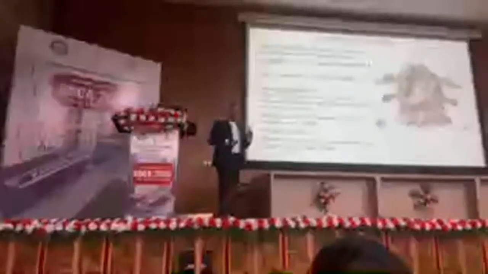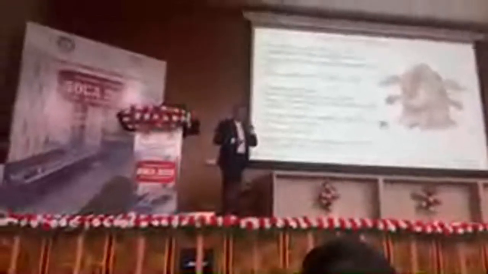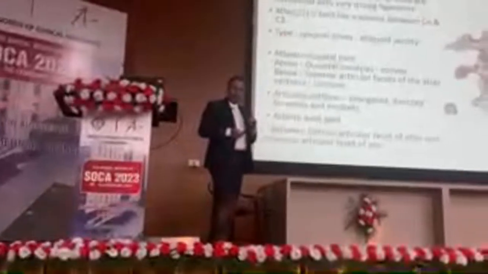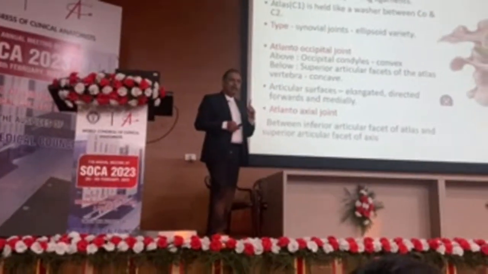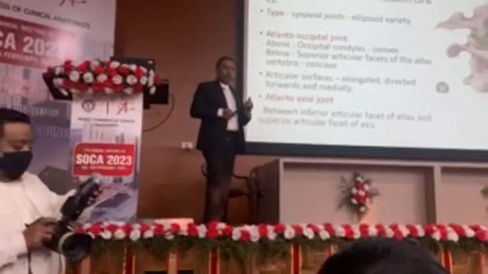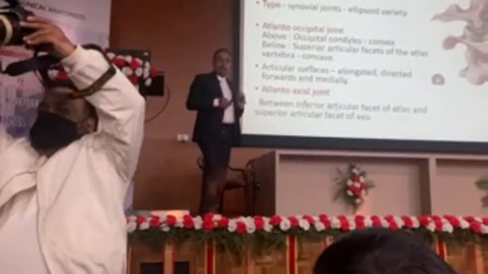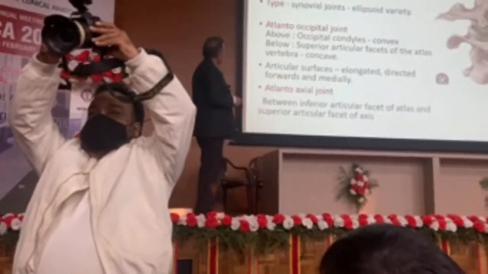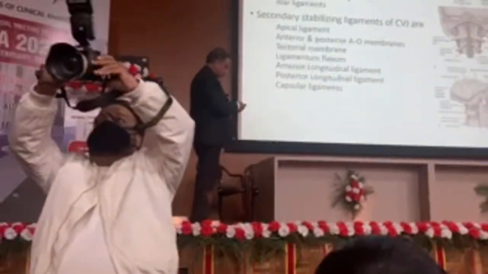Now, there are 3 main bones: occipital with foramen magnum and condyles, C1 that is atlas, and C2 that is axis. Right? So now, how are these 3 bones connected? They are connected with various joints. This in green,